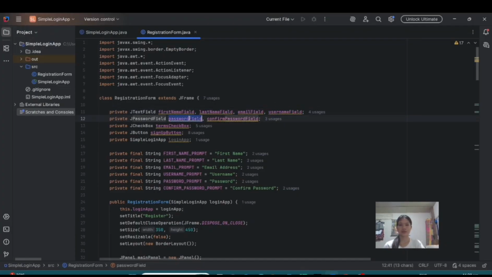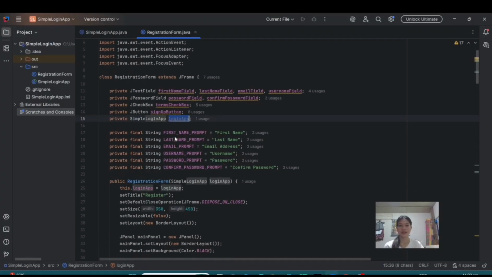The password field and confirm password field are password fields, where the characters are hidden. The terms checkbox is a checkbox for agreeing to the terms, and the sign up button is the button to submit the form. The login app refers to the main login application, so the registration form can interact with it.